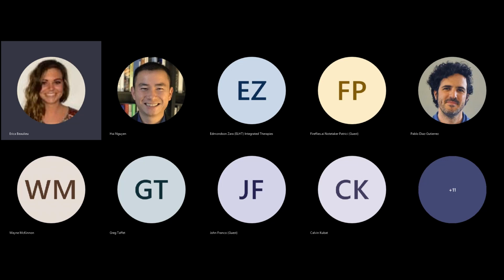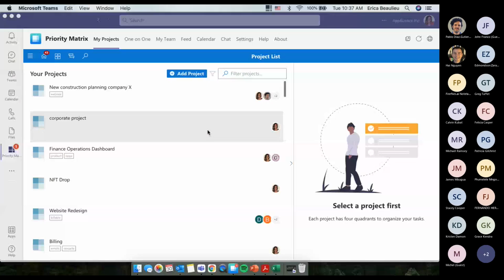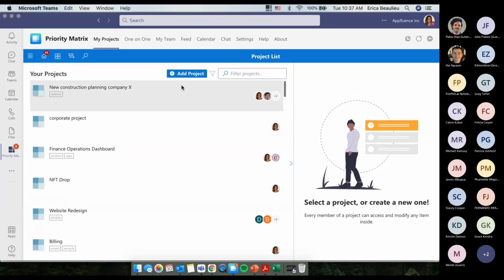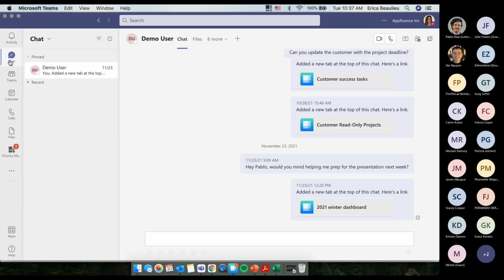And then once you're actually working in Microsoft Teams, and this is a good excuse to share my screen again and show you guys another use case for using this in Teams. So what I showed you for the majority of the demo today was the full featured Priority Matrix app in Teams. But I definitely understand that a lot of you are spending time in your chats and working through channels. And what we came to understand after integrating with Teams for a little bit of time was that people want to be able to use Priority Matrix through their chats and through their channels. Even something as small as just opening up the Priority Matrix app in Teams can be a little bit